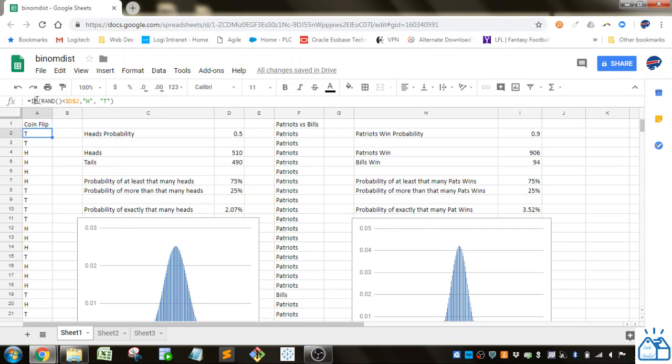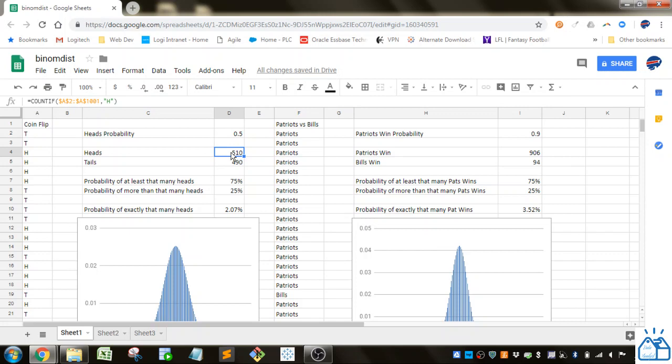So first thing we need to do is simulate the coin flip, and we do that by using an if function. We're looking at the rand function, which will give us evenly distributed numbers between 0 and 1. When it's less than 0.5, which is the probability of a heads, we're going to label that as heads, and if the random number is greater than 0.5, we're going to give it a T for tails. So if we do that 1,000 times,